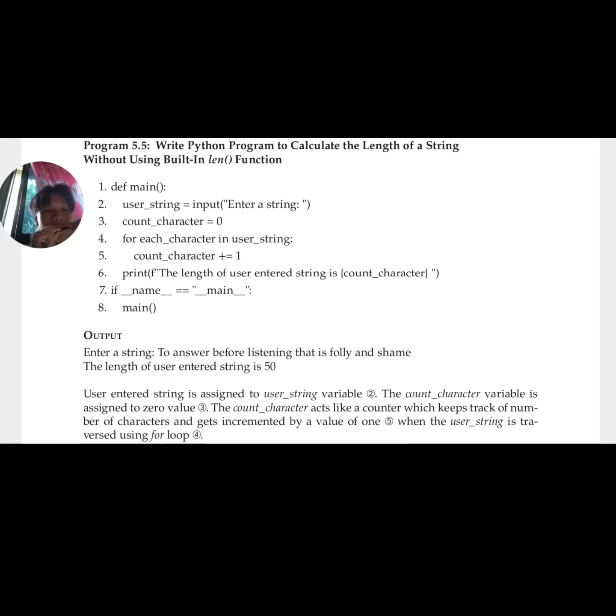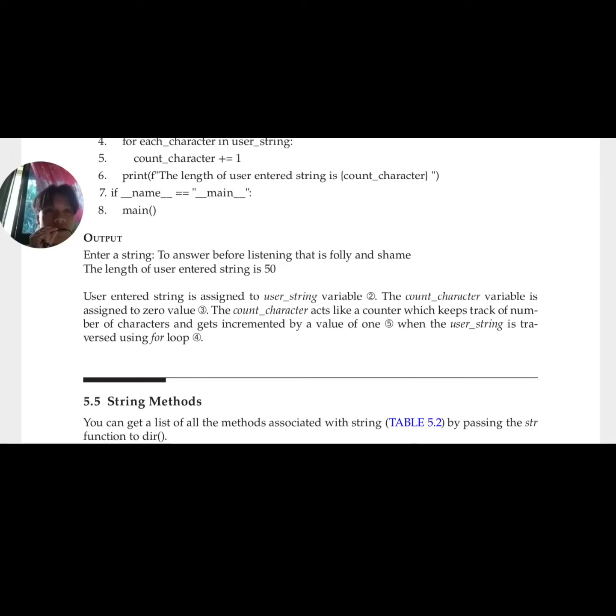Yan na naman yung magpla-plus siya kapag may nakita siyang characters sa in-entered na string. And then magpiprint: the length of user entered string is count character. So this will be the output. Ang in-enter niyang string is "To answer before listening, that is folly and shame." Ika-count niya kung gaano kahaba